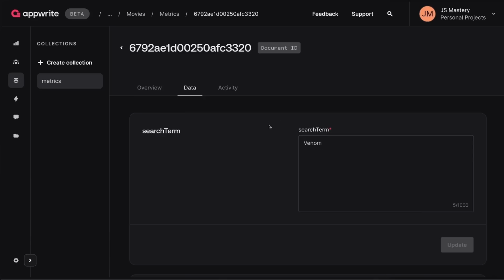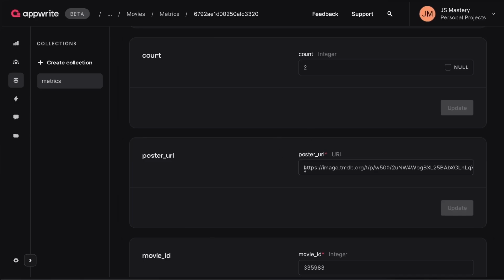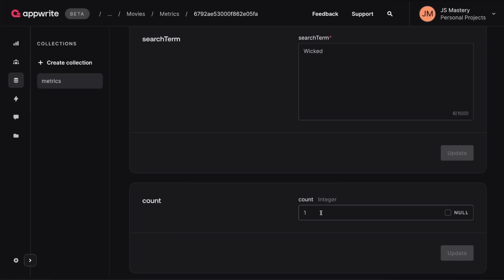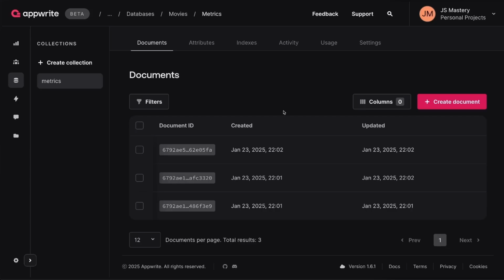One is for Venom, and it has a count of 2, which means that this worked successfully. And we also stored its ID as well as its poster URL. And then the new one is just Wicked right here with a count of 1. I think you understand how this is working. So the more people search for something, the higher the count will be, and then we can show it in